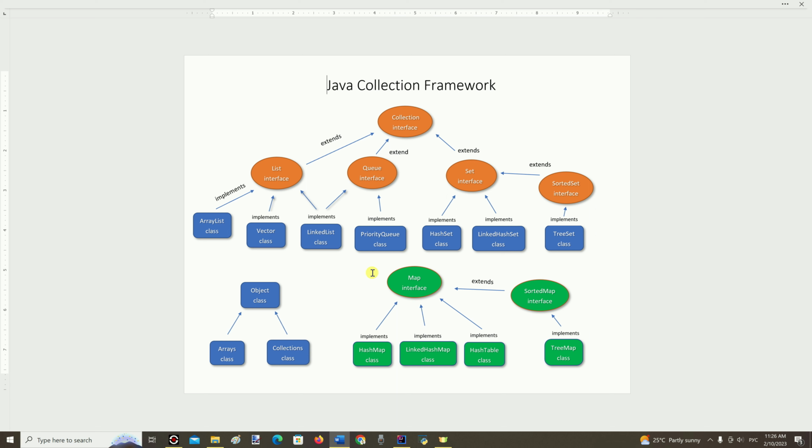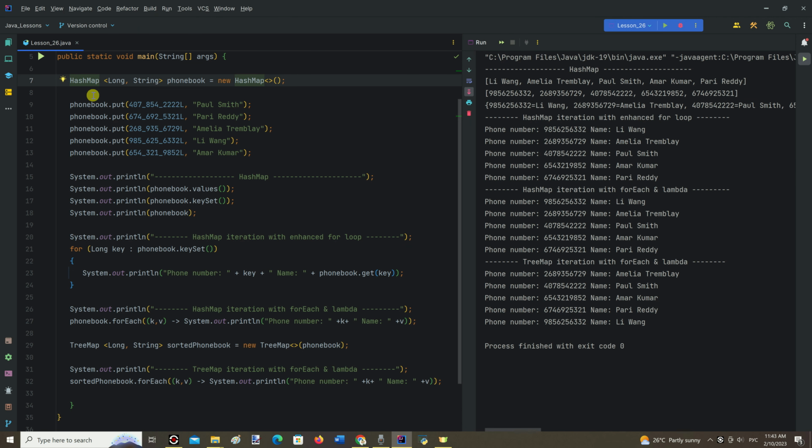And the final part of Java collection framework is map interface and its corresponding classes. Map interface is not a part of collection interface, but part of collection framework. Map classes contain keys and values, and they are connected in pairs, where unique keys serve as indexes.